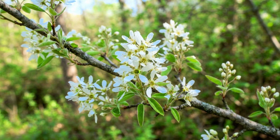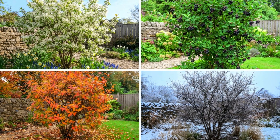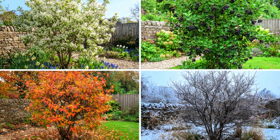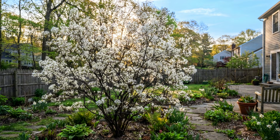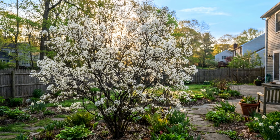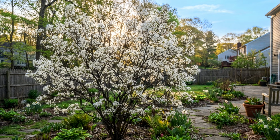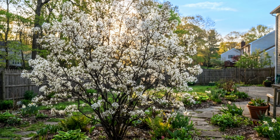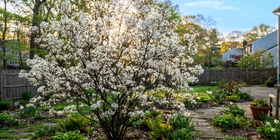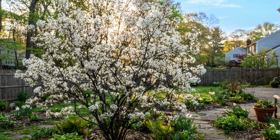Serviceberry, Amelanchier canadensis. I want to introduce this next one through the calendar, because it's really a plant defined by its seasons. In late March or April, before most other shrubs have even leafed out, serviceberry breaks into a cloud of small, white, star-shaped flowers. Often, when the branches are still bare, it's one of the earliest and most reliable spring blooms you'll get from